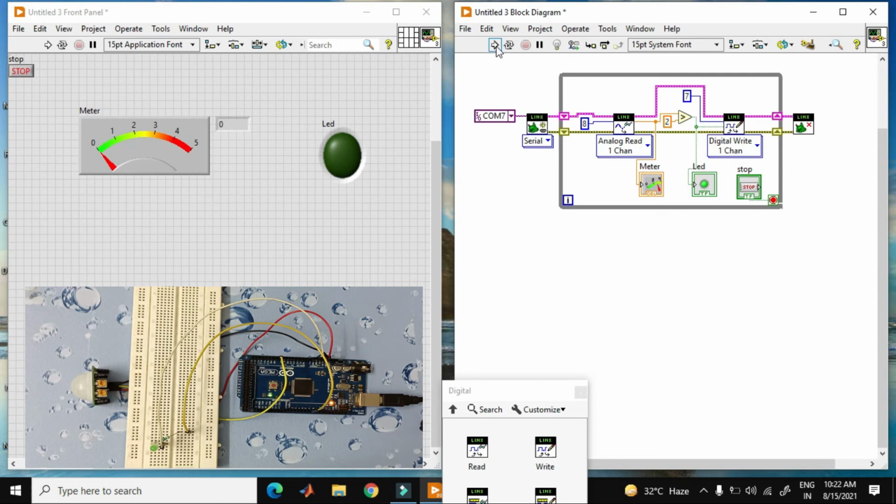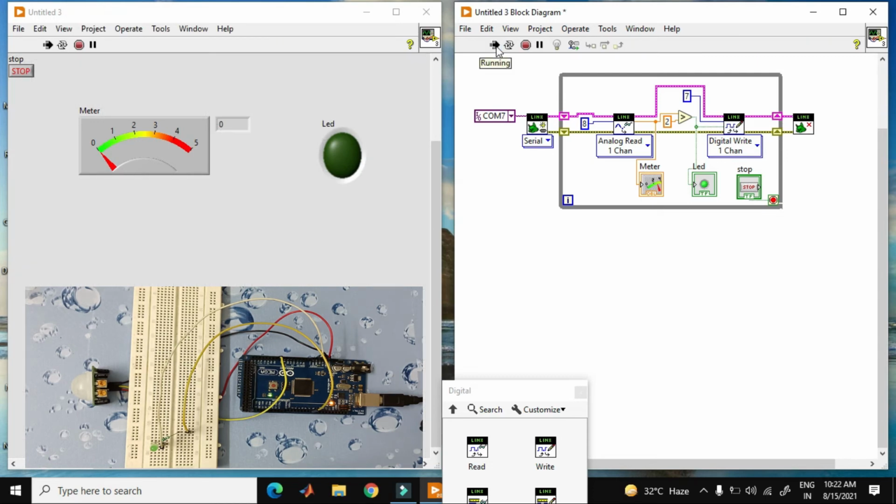Okay, when I hit the run button, as you see right now the program is started, and the value is 0. When I move my hand in front of this PIR sensor the value is 3.4 something, and when my hand is stationary the output is 0.